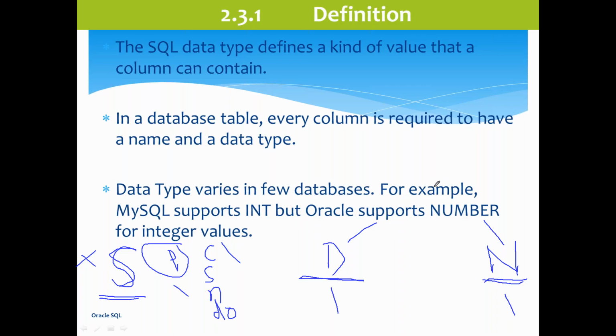Data type names vary in a few databases. For example, MySQL supports int. Here some call it number, some call it integer, decimal. Those are all just different naming conventions. So if we change the database, it may change a little bit. MySQL is one database, where we have to give int. Oracle is a database where we give number, and Oracle takes int also. Some other databases need decimal. Those are simple things you can get online also. You can remember any one, that is fine. Mostly used are number and integer only. In 95-97% of databases, int and number will work.